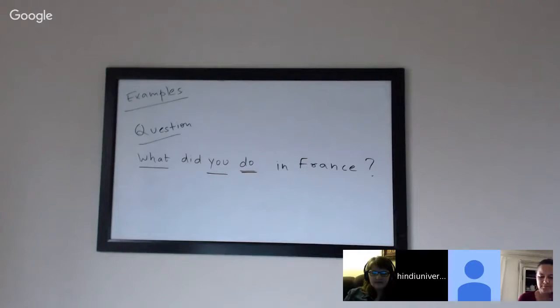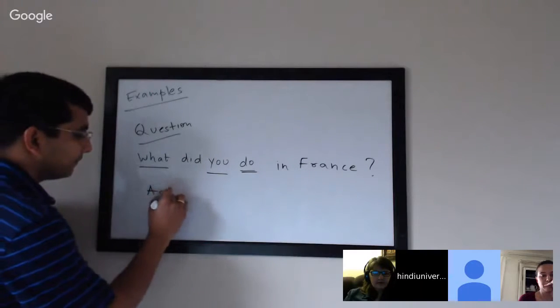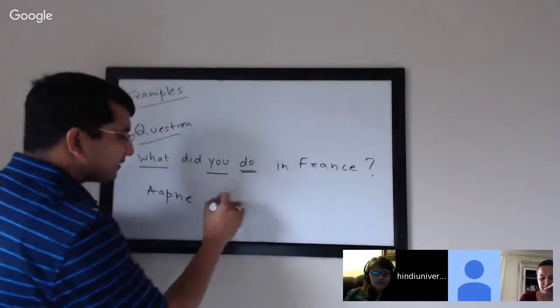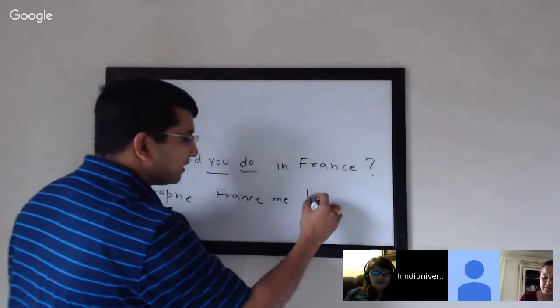A quick correction on the Facebook side. You will not put hai at the end because it's basically the sentence itself in the past tense. So we will not say आपने क्या किया है, especially if it is past indefinite. Very good, right? So you will say it as आपने in France, so आपने France में and then क्या किया?